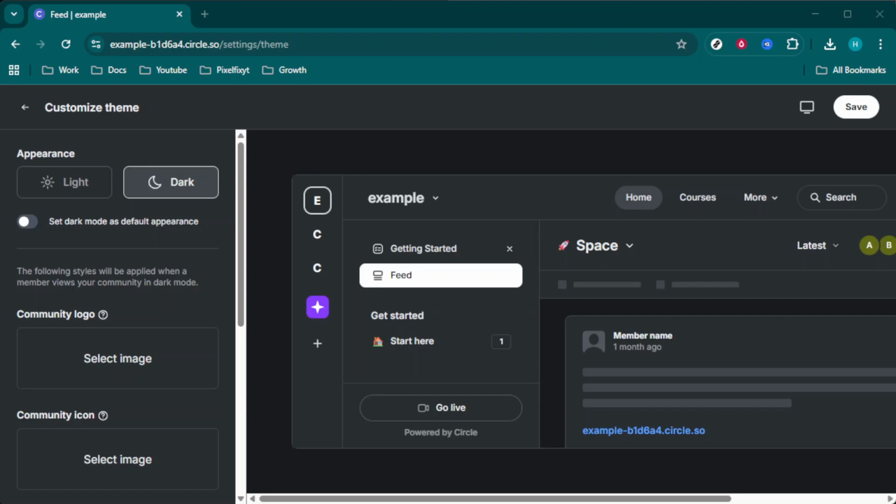Remember to test the page yourself to ensure everything looks and works as you expect. And there you have it. You just embedded a Circle.so checkout page on your website. This integration